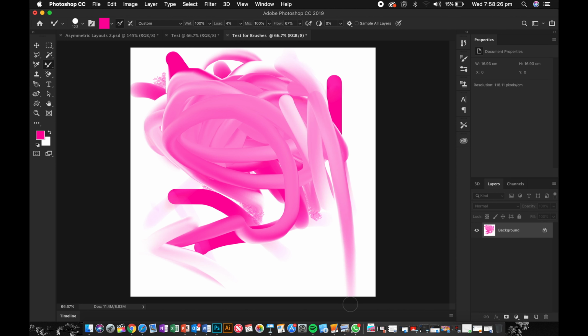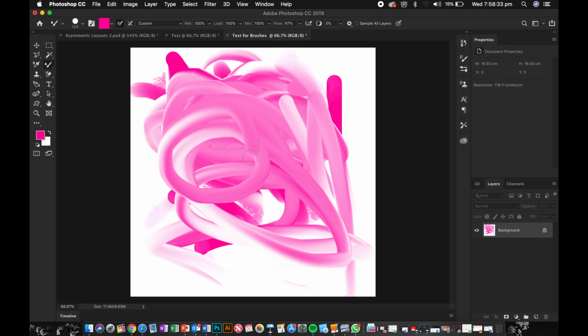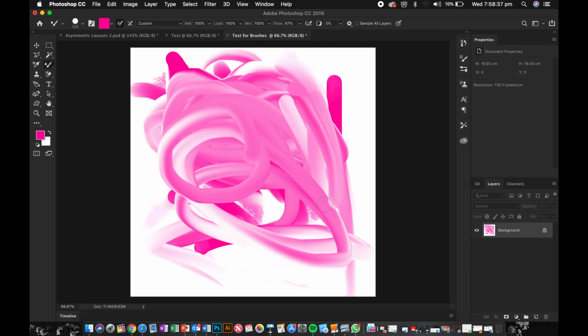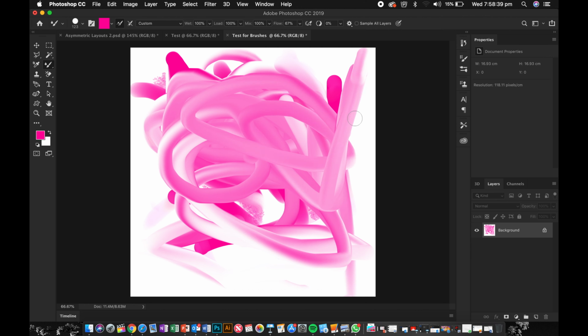Load is very much the same. So if we reduce the load, you get hardly any pink. But if you raise it all the way to the top, it's very full of pink. Well, it's selected to white at the moment. Don't know how it did that. There you go. So that's better. And then mix is kind of the same. And then wet